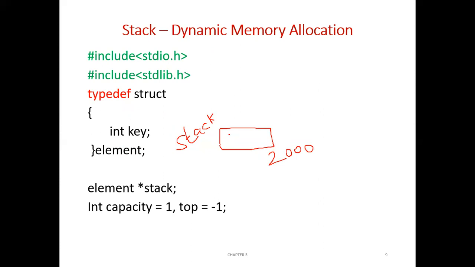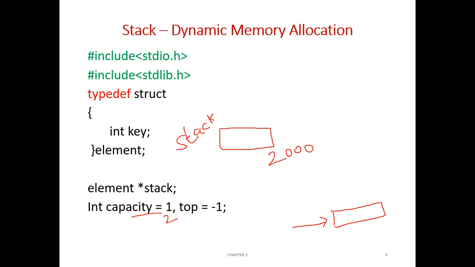Right. Now here dynamically we are going to create a stack. What does it mean? It means that initially the capacity of the stack will be to hold only one item. So in this stack you can only push one element, right? So when you try to push the second element, the stack is full. Whenever the stack is full, the stack size will be doubled. So initially the capacity is 1. This capacity will be multiplied by 2, that is, it will become 2.